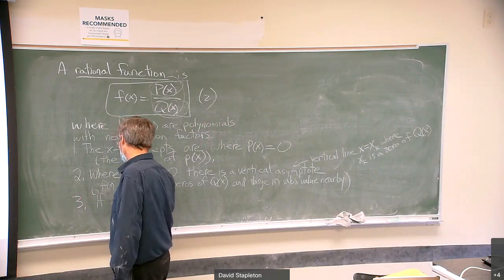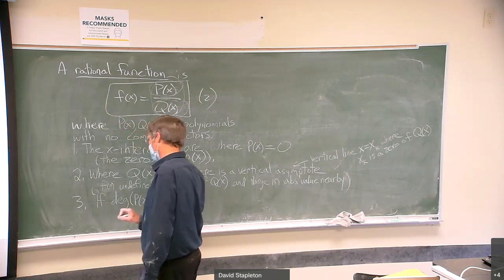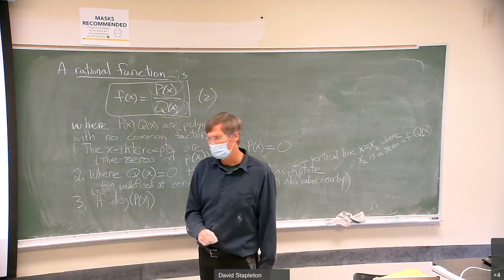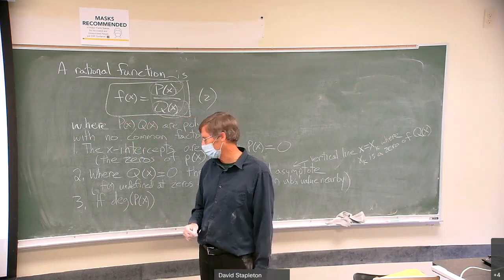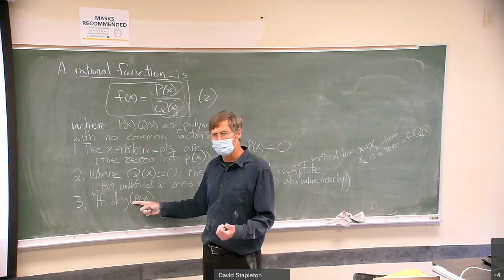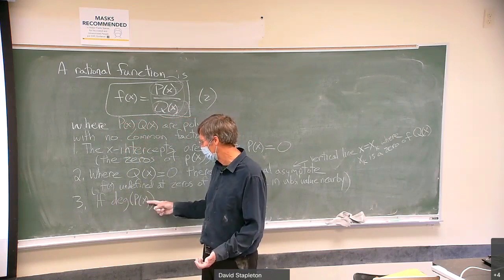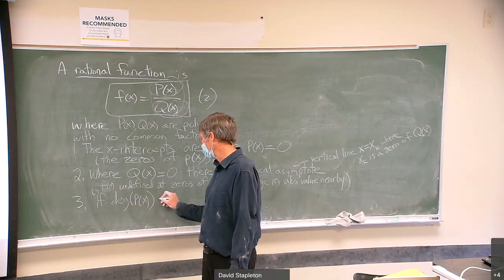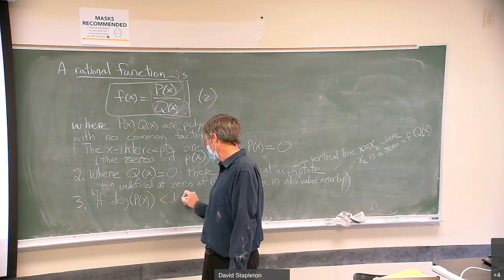If I'm going to use this notation, deg of p of x, what do you think that means? Yes. Common notation, so we'll introduce it now. It's like degree, right? If the degree of this polynomial, like if its fourth power is the highest power, then its degree is 4. If the degree of p of x is less than the degree of q of x,